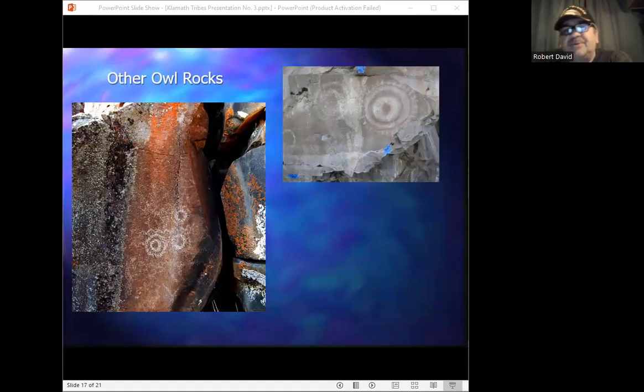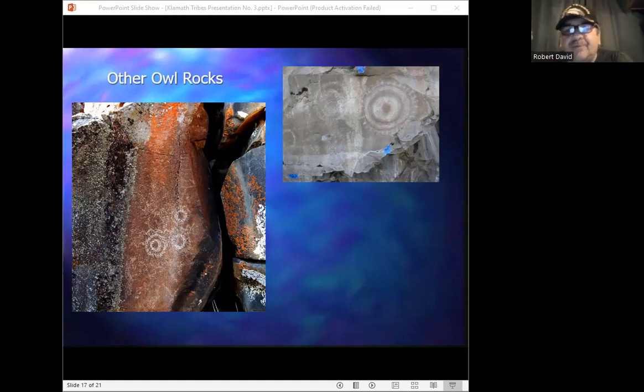Although some attributes of the owl spirit in general can also be used for other things like diagnosing and curing sickness and disease, finding lost objects, and even predicting the future, depictions of the owl spirit for these purposes are generally located on other rock art sites that contain different spirit images. But owl rock sites, like the one we just saw, the one we're working with here today, were specifically designed to facilitate people's efforts to become better gamblers or to regain gambling medicine that they felt they had lost.